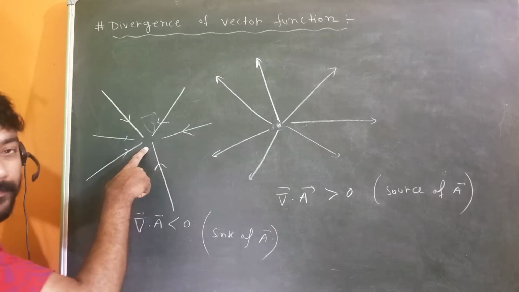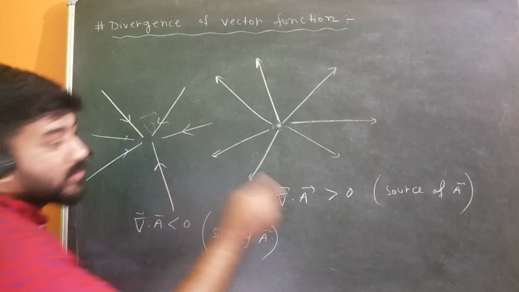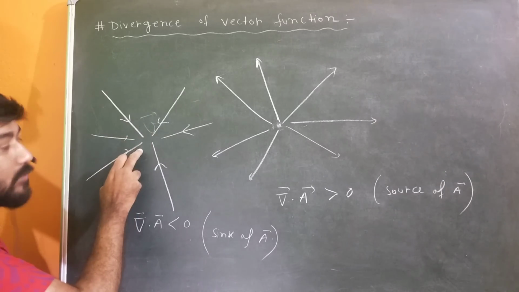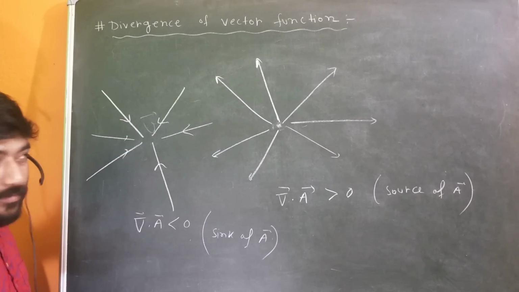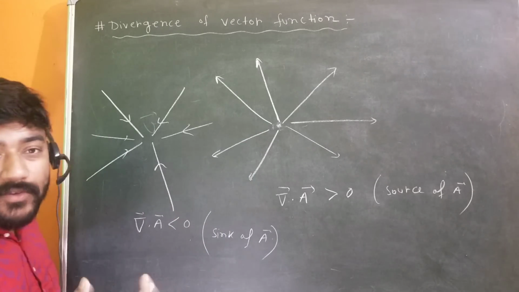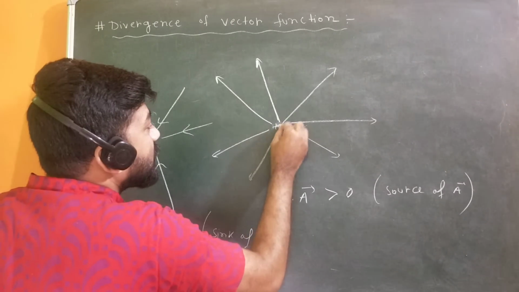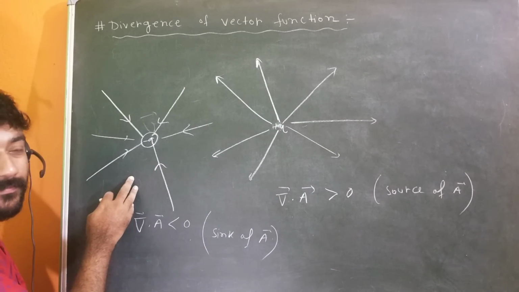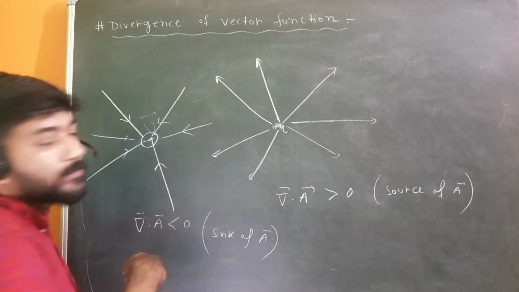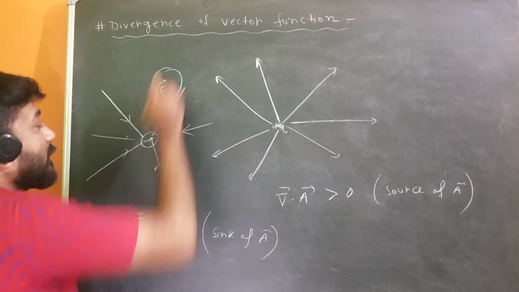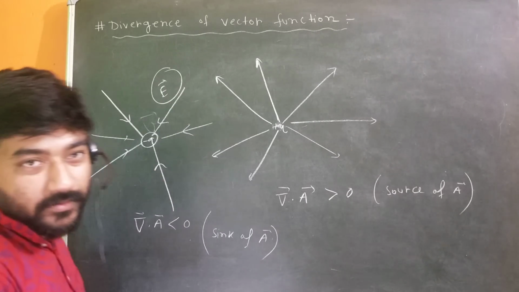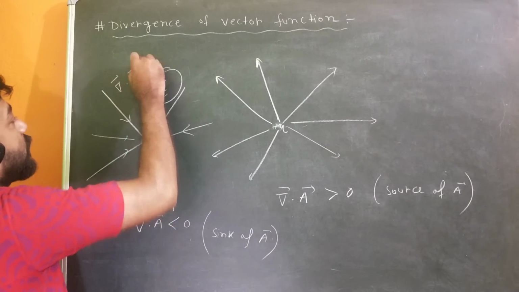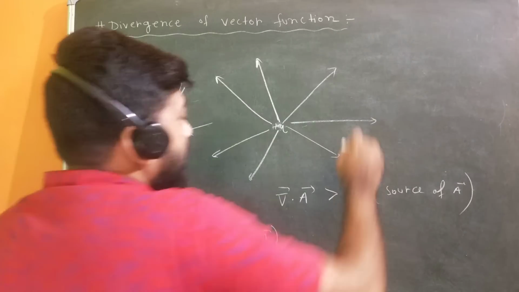So you can imagine this as a velocity vector. The liquid will be spreading out from some points, and here the liquid sinks to this particular point. But you can also imagine it by assuming an electric field. If here is a plus q charge, then the field lines will be spreading from this point, and if here is a minus q charge, then the field lines will be incoming. So this is the sink of this field, and this is the source of this field, and here the field is nothing but the electric field, and this minus q and plus q are the sources of this field. So in that case, here the divergence of E will be obviously less than 0, and here the divergence of E is greater than 0.